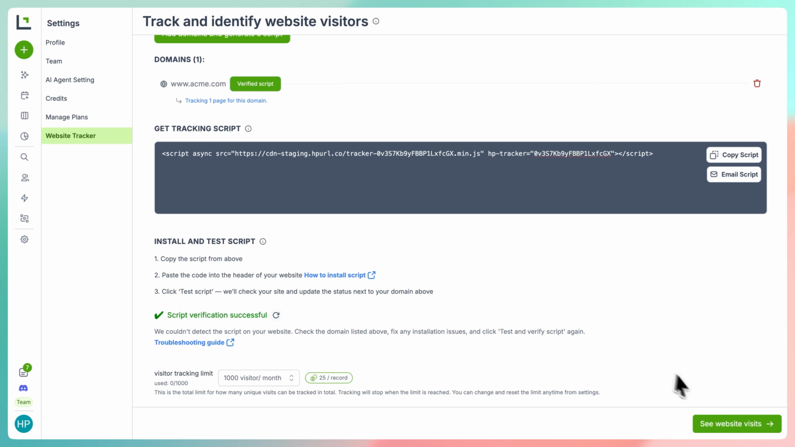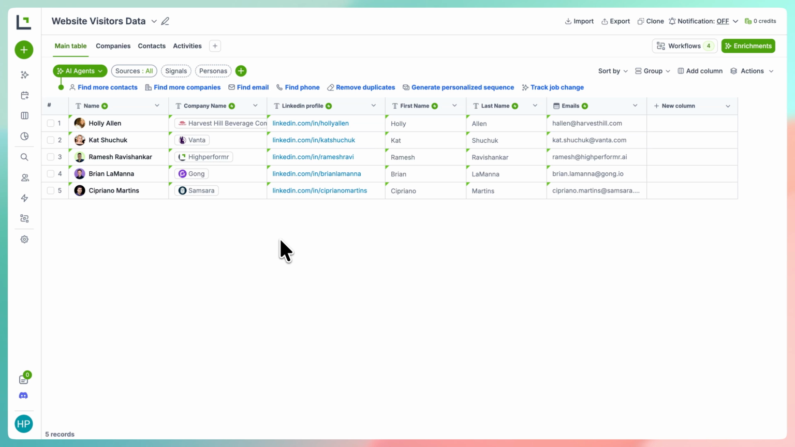After your script is live and verified, head over to See Website Visits. Here, you'll find a real-time feed of engaged companies, including how often they visit, how long they stay, and which pages they explored. The real power of Deanonymizer comes from how it integrates with your other GTM agents on Highperformr